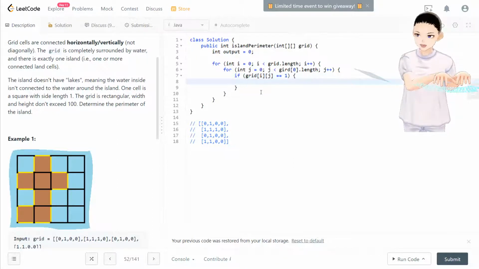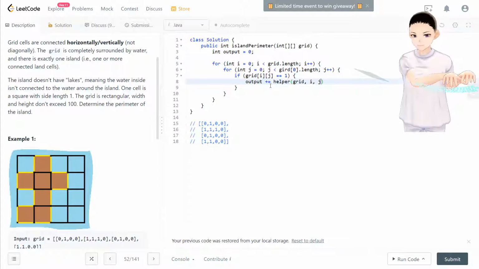So we have 4 directions, right? For the output, we have a DFS to calculate how many bars for this particular island. We can introduce that one later. So the idea of it, the output is a parameter with plus dfs. Actually, it's not, it's a helper function that puts in the grid